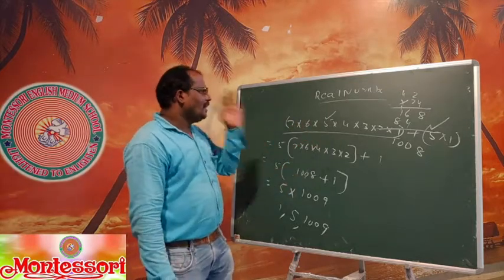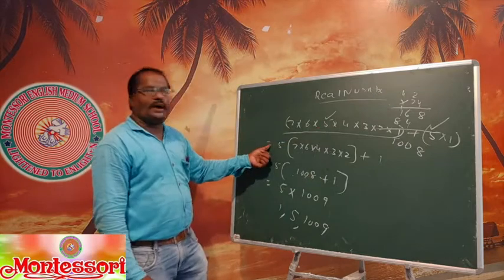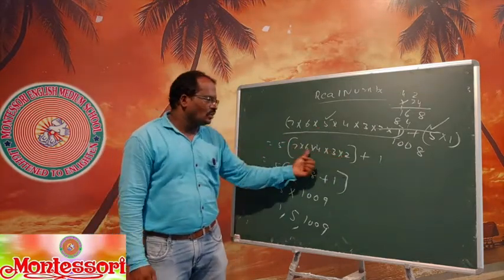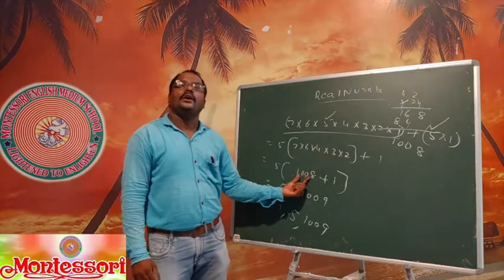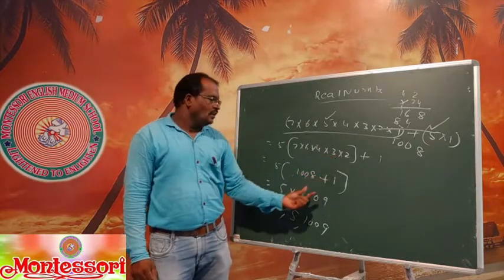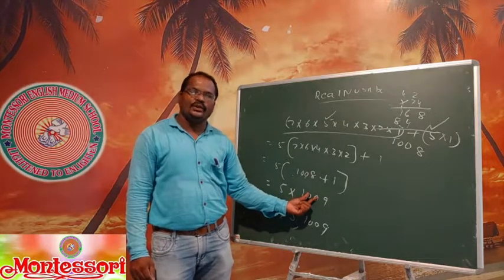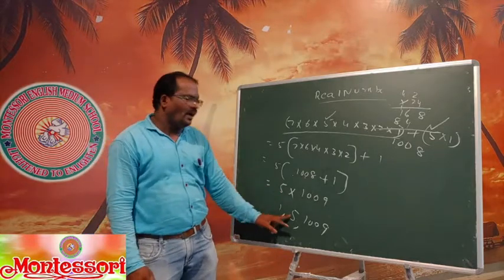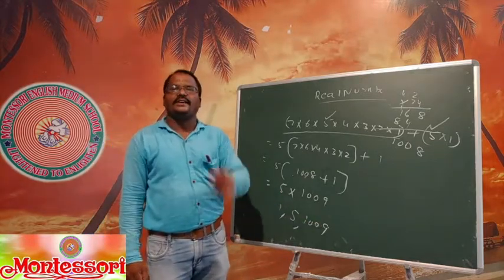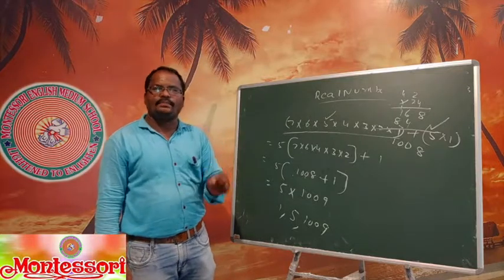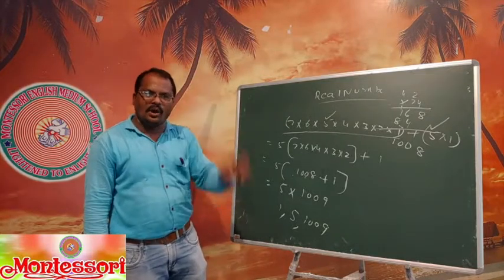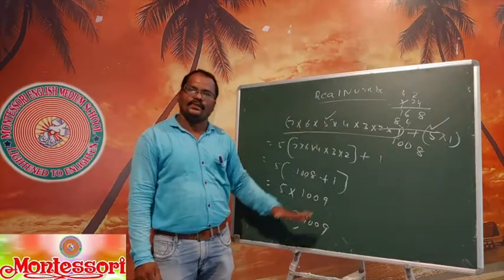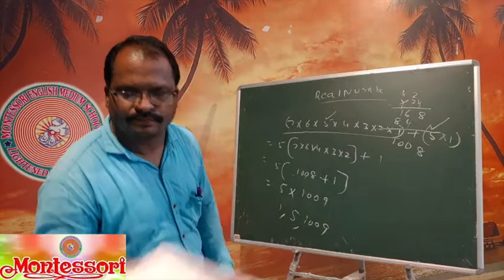Once again, here in both we are taking the common 5. 7 into 6 into 4 into 3 into 2. Now you multiply this total. How much will you get here? 1008 plus 1, so 1009. 5 into 1009. 1 is a factor of every number. How many factors are we getting? 3 factors. What's our concept? More than 2 factors, the number is called composite. So here more than 2, that means the given number is a composite number. Okay. Now come to the homework.